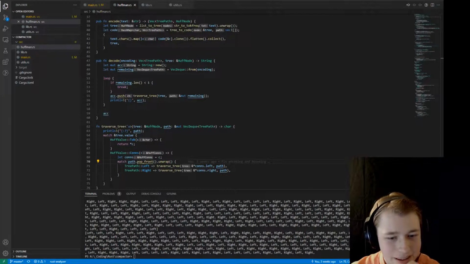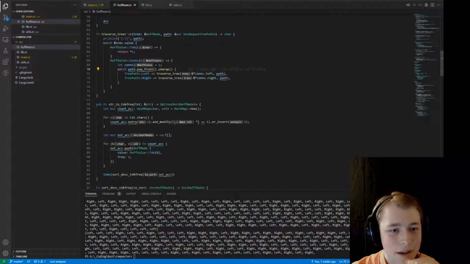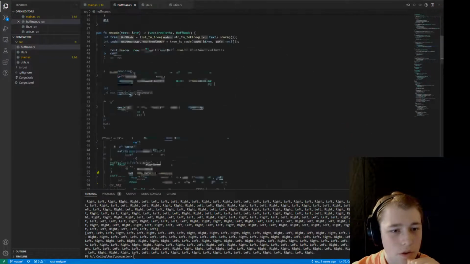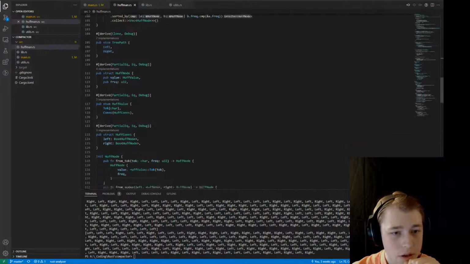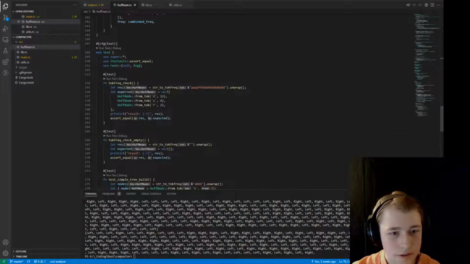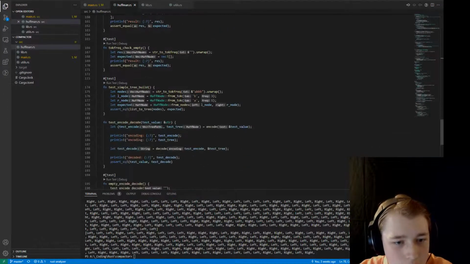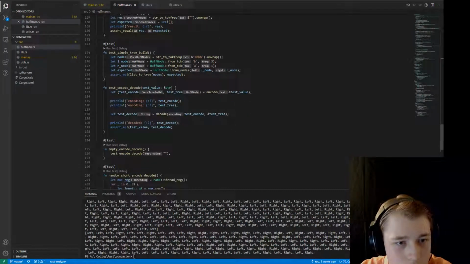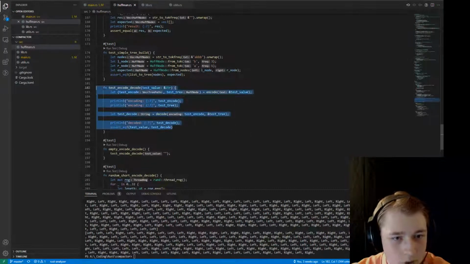So you can see the intermediate stuff. So what we can do, just as some examples, let me just copy this stuff so we can